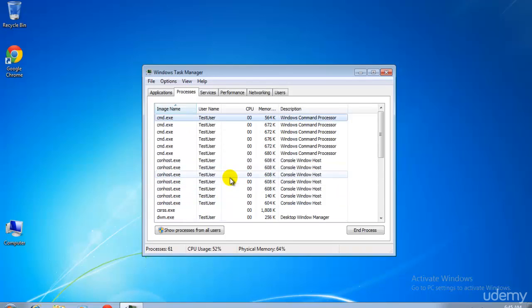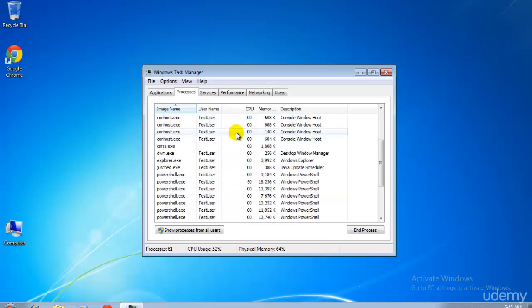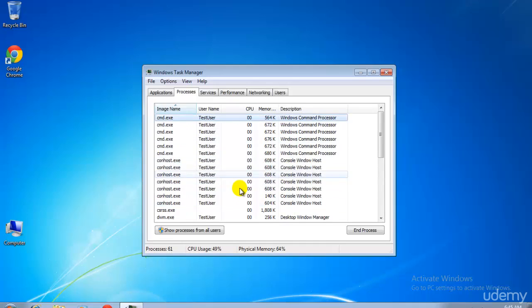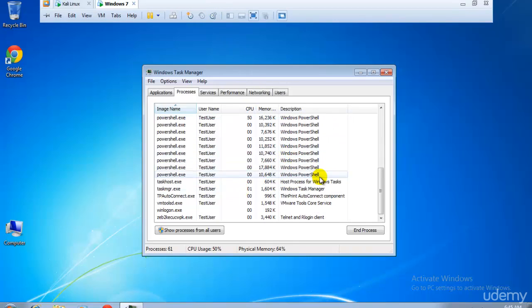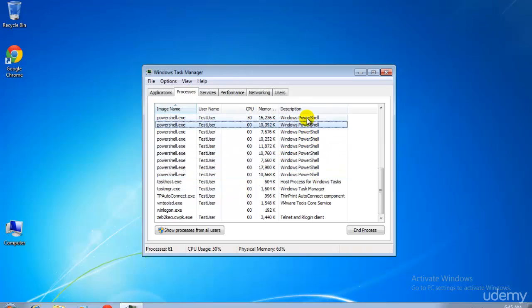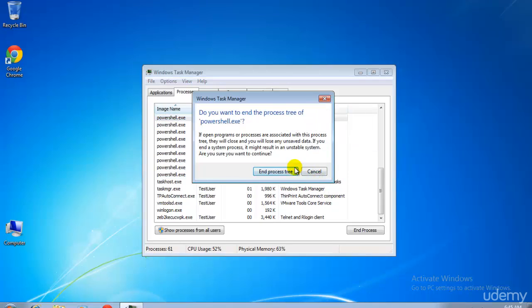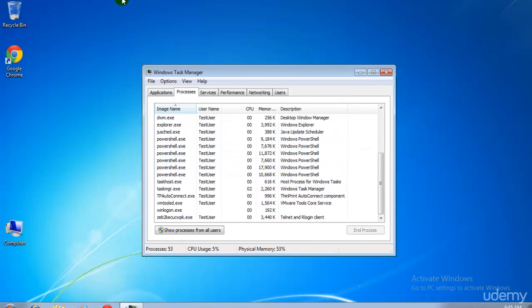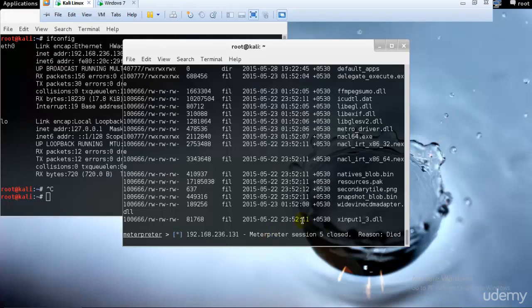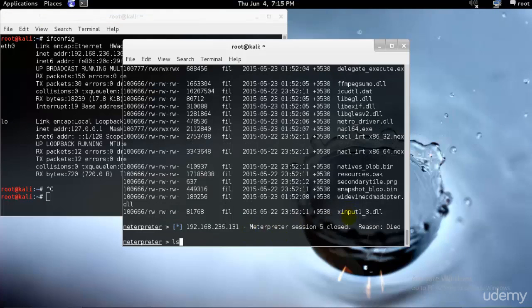But if the person, for some reason, opens his task manager, he will see that so many command lines and so many PowerShell windows are still running. So he will probably try to close everything over here. If he closes each and every one of them, okay, as you can see, my interpreter session has died. So I'll just go ahead and check